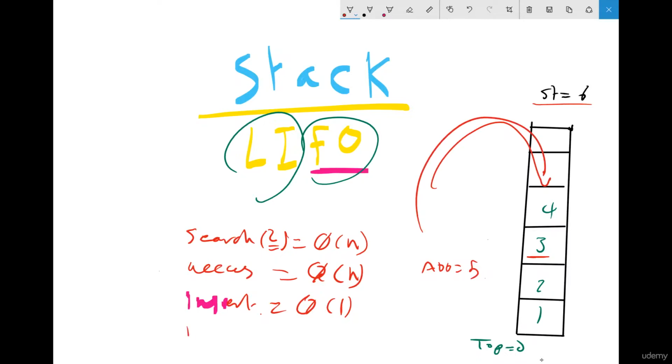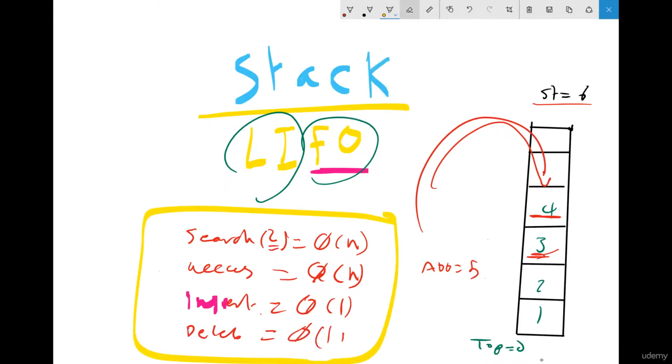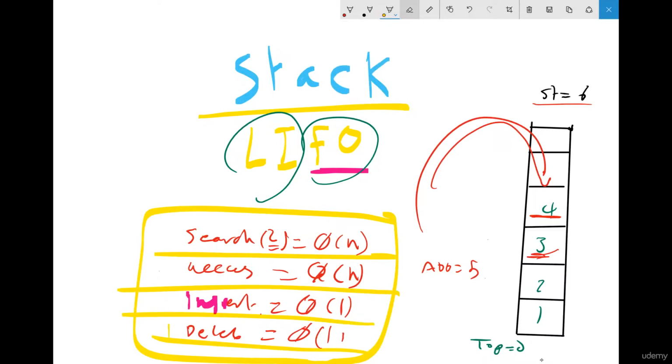So it takes O of 1. Delete is the same thing. When you delete, you can delete only the last element. So when you delete this one, then this one, it takes O of 1. So this is the big O notation for a stack. See search, access, insert, delete, see how the stack is working. So now next, when you see